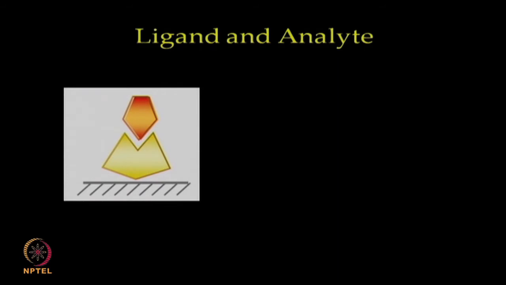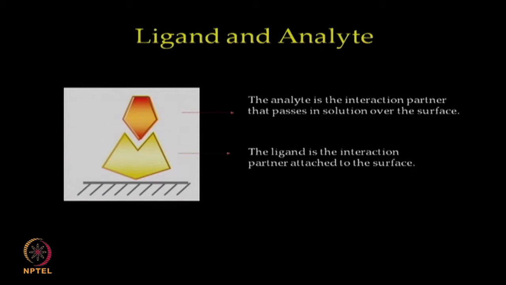Let us learn a little about the basics of immobilization and SPR assay. In the molecular interaction study, using surface plasmon resonance, we will immobilize one of the interacting molecule, that is anti-beta 2 microglobulin, on the gold sensor chip surface, while the protein beta 2 microglobulin will be passed over that surface in solution. Here, the ligand refers to the immobilized component and the interacting partner in the sample injected over the surface is referred to as the analyte.